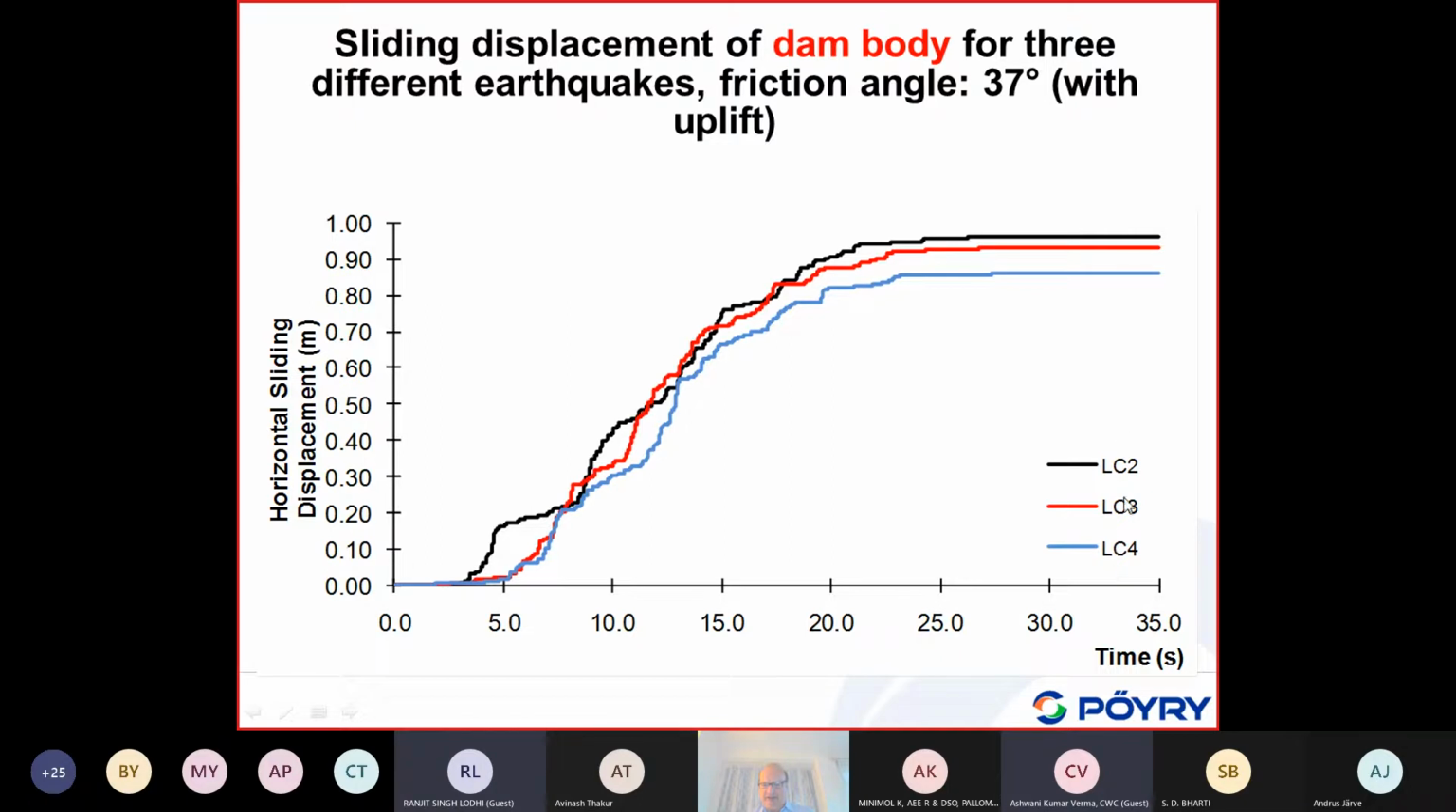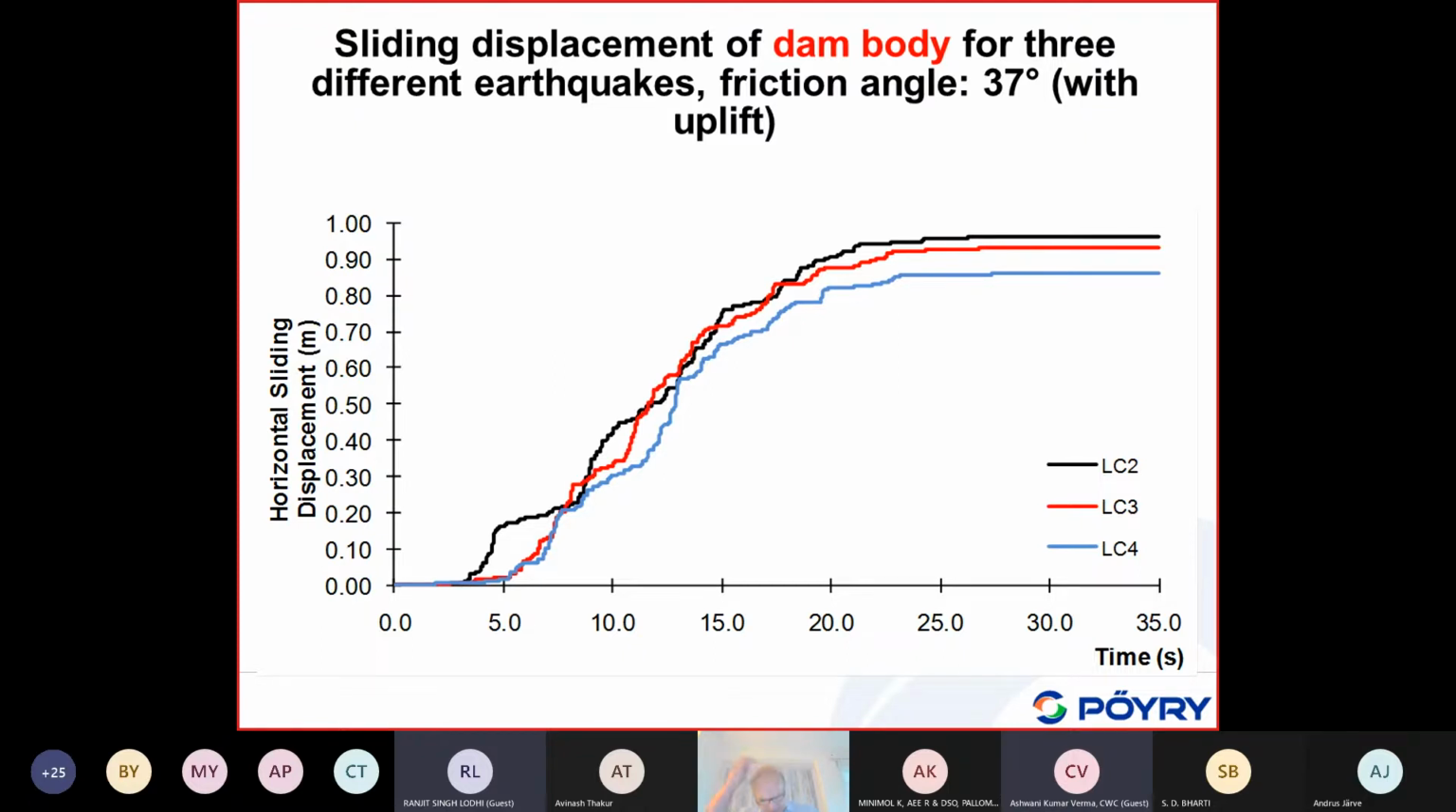It just means they are 4 different earthquakes which fit the same target spectrum, I must say. They are not the same time histories, but they fit the same target spectrum. And we also assumed in this analysis a question of material properties: what is the friction angle of concrete, the friction angle between rock and concrete, and between concrete and concrete? And here we have assumed